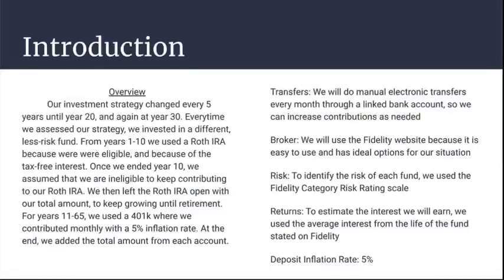A quick introduction: we change our strategy every 5 years up to year 20, and again at year 30 by changing our investments each time. We also switch retirement accounts at the end of year 10. So for years 1 through 10, we use the Roth IRA because of its tax-free interest, and at the end of year 10, we would assume that we are ineligible to keep contributing into the Roth because of contribution limits